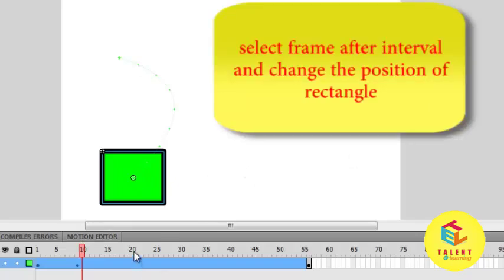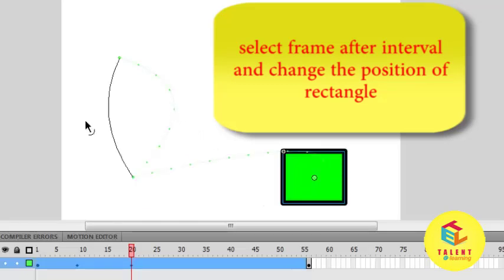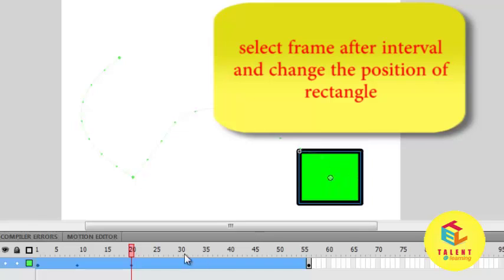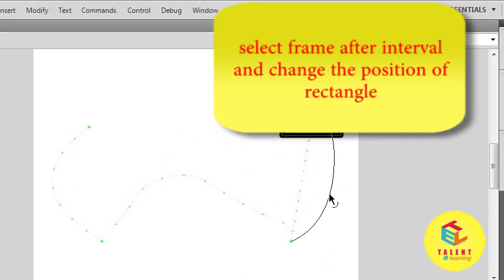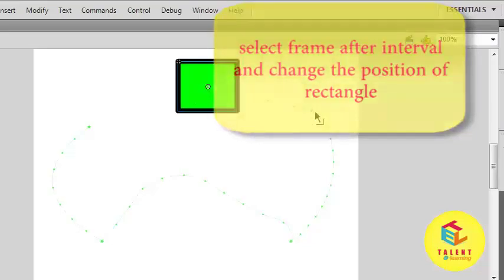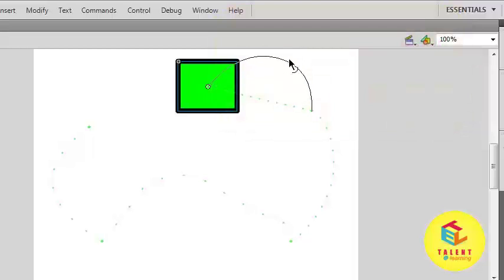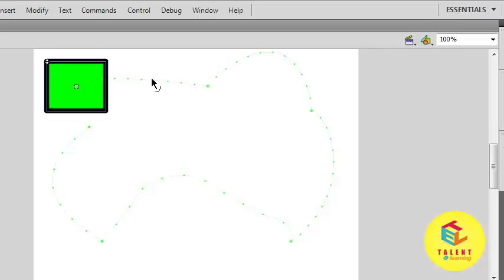Select another frame, actually like this, and then like this. Select another frame and change the position again. Select frame and change the position. And on the last frame, like this. Okay, and you can change the property also,